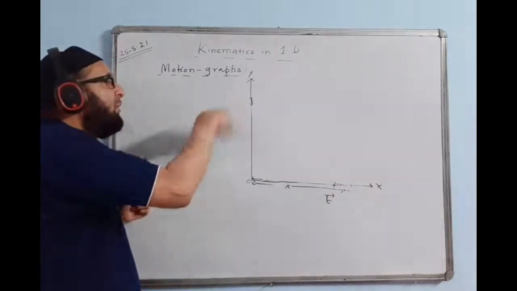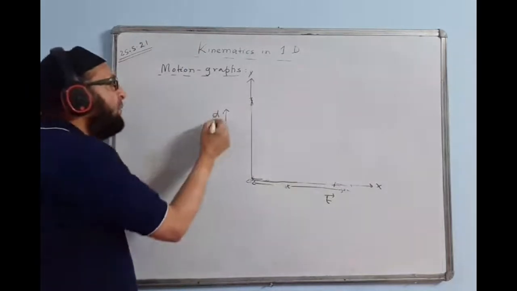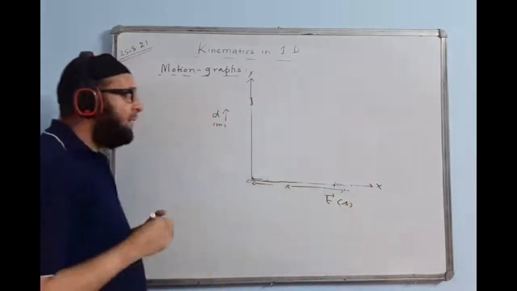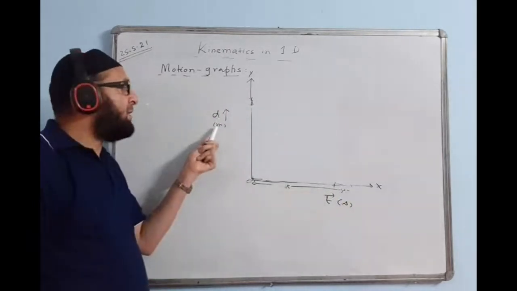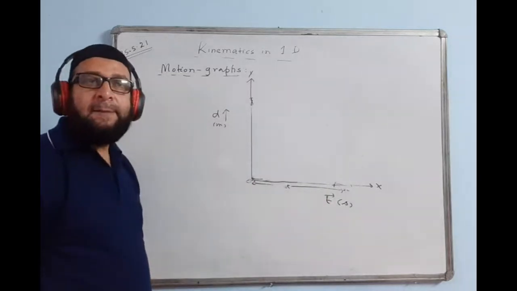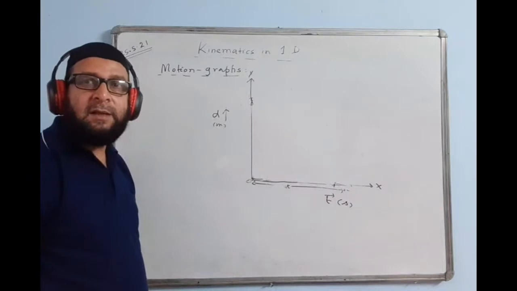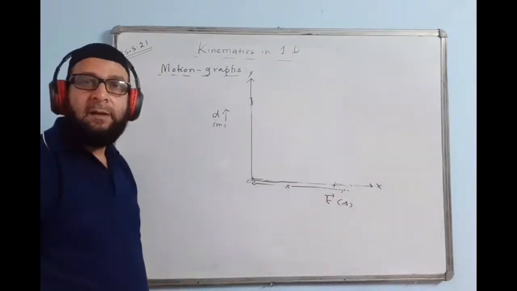Slope means you are going to divide this axis by this axis. So you can check it from the unit or you can check it from the formula. Time is in seconds. If I divide this value by this value, the unit also gets divided. We get meters per second. Does meter per second represent any physical quantity? We say yes, it does. It represents speed or velocity.